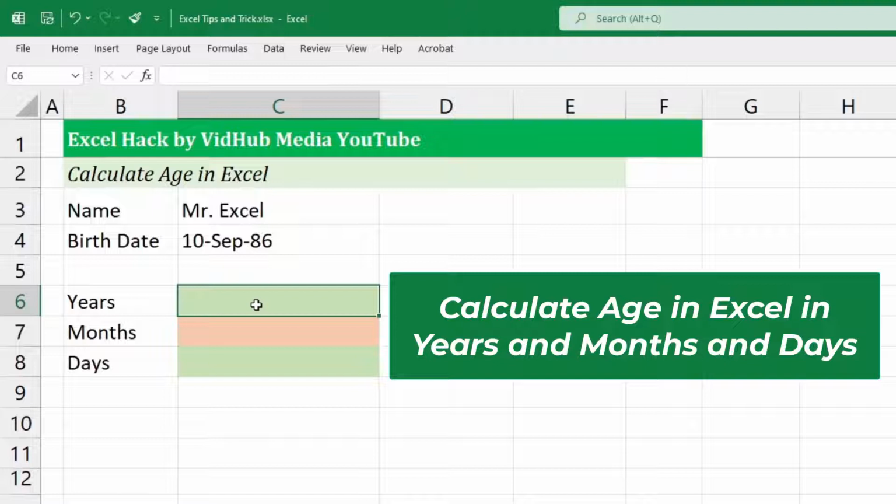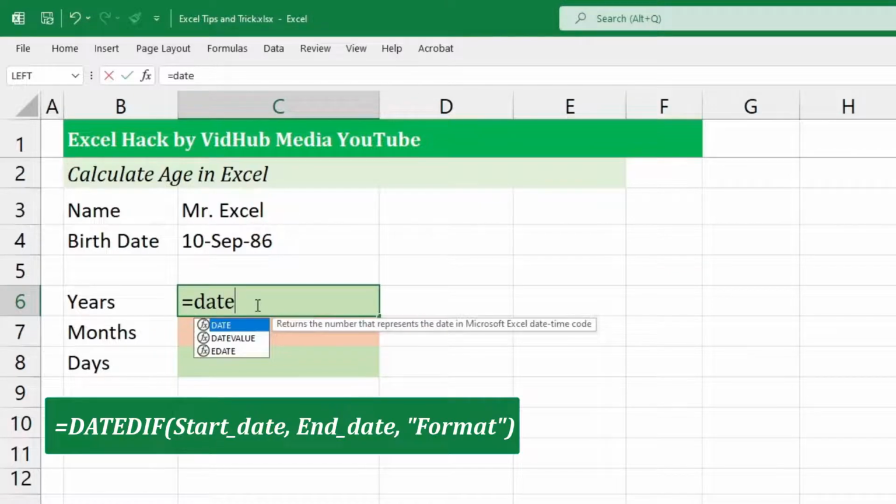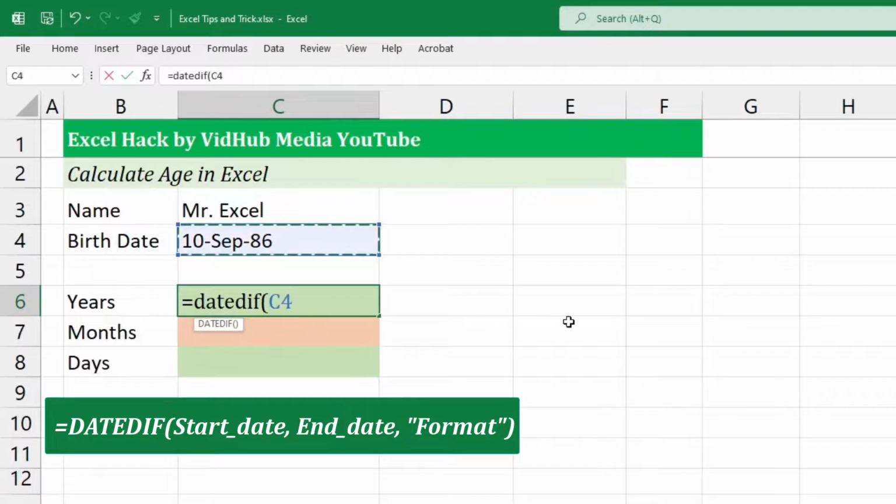So let's calculate the year. We start with the formula called DATEDIF. Open it, and the start date is here, up to today. So we have the first date, the start date, and the end date, which is today. So we put the TODAY formula right here,